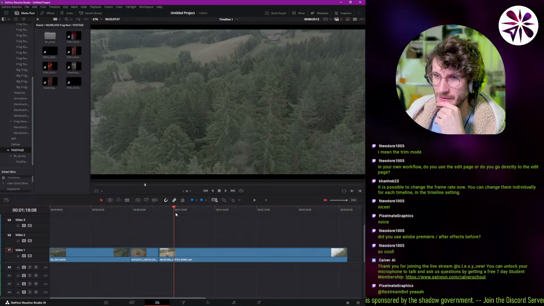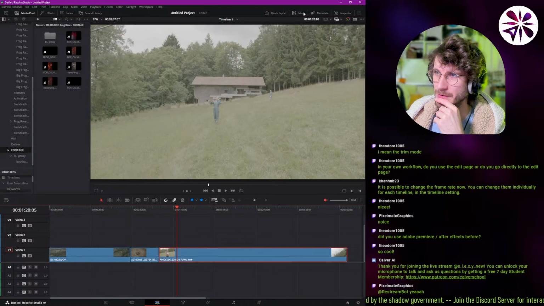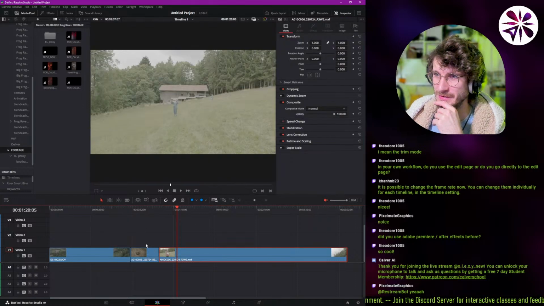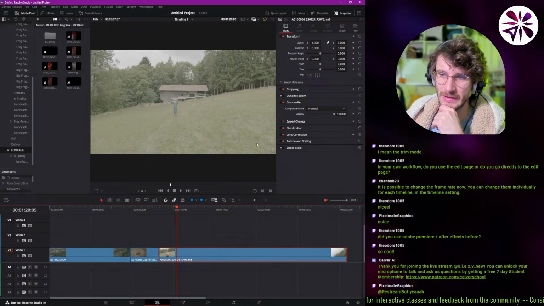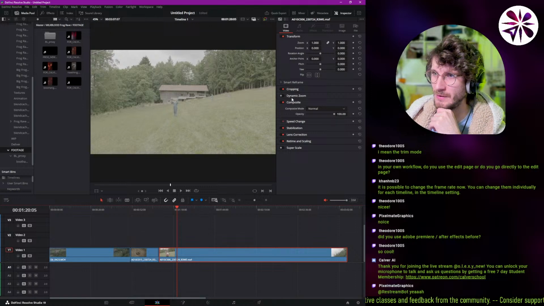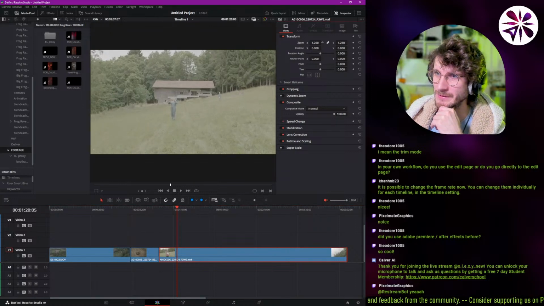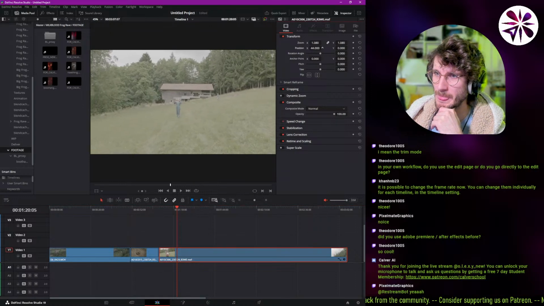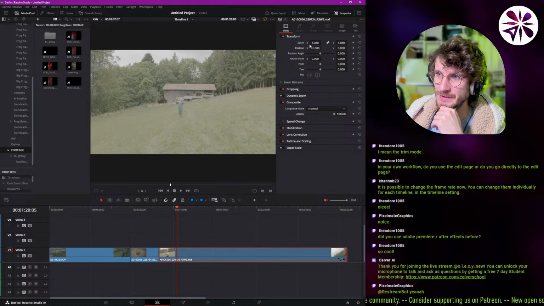As I showed you before, you can open panels on the right here, right? Like I can open the inspector, and the inspector gives you basic functionality to change clips, right? Like we have transform, we have cropping. So with transform, obviously we can zoom, we can position. And you also have these